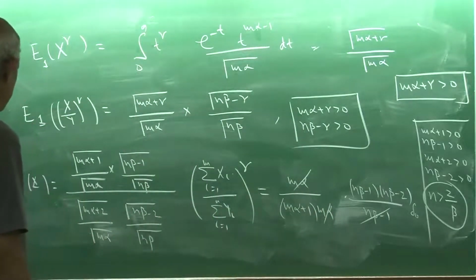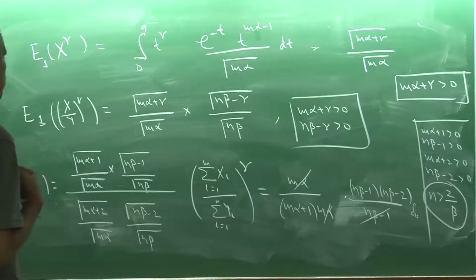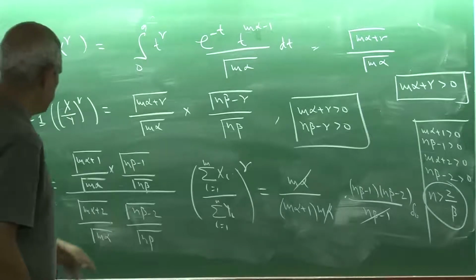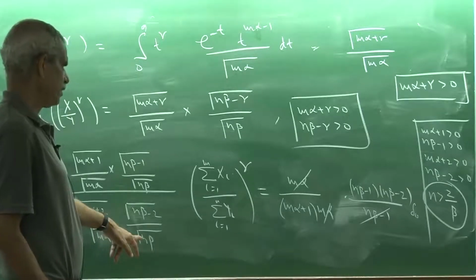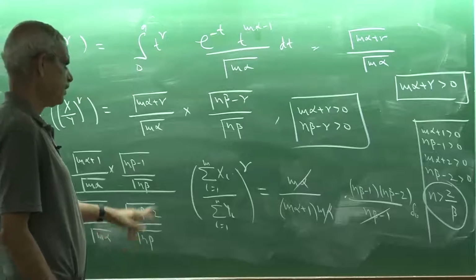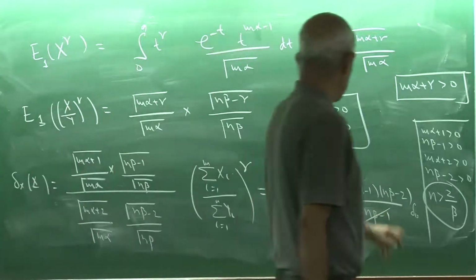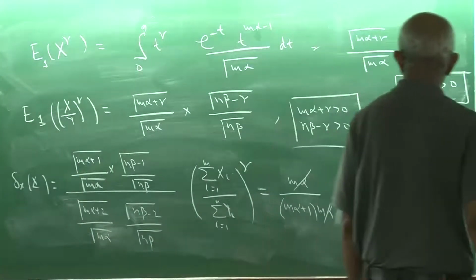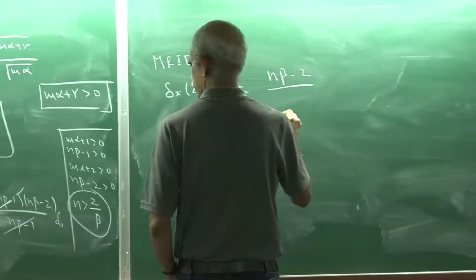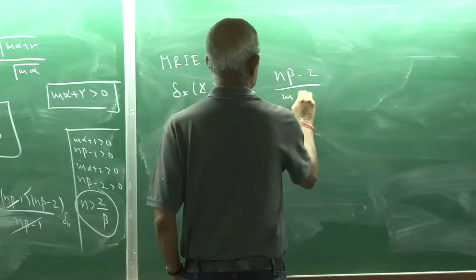I hope I have n beta x into x plus y to power minus r, n beta minus 1 to n beta minus 2. Yeah, so this is same as n beta minus 1 and beta minus 1 get cancelled. So this becomes n beta minus 2 upon m alpha plus 1